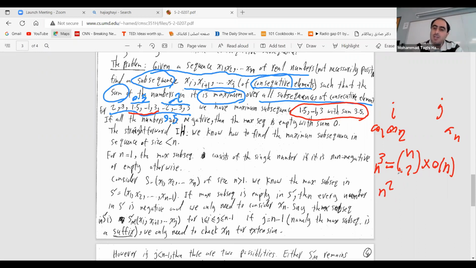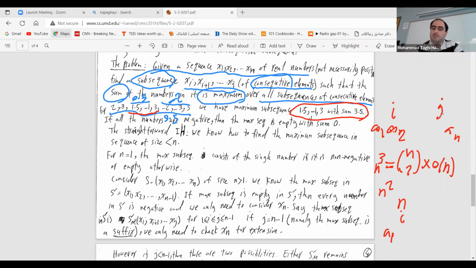You are essentially just choosing the first point. How many choices do we have for the first point I? N choices, correct? Okay, so I will say this is A1. For A1, I do this. That one was inefficient because I chose I and then J, N choices, and then computed the sum between I and J. That would be n cubed.